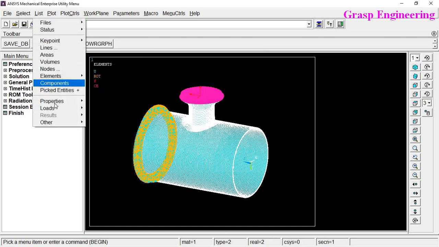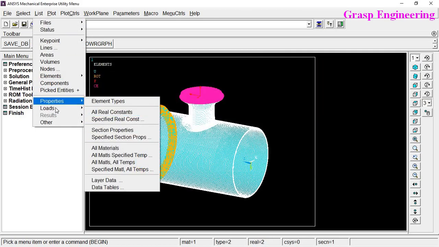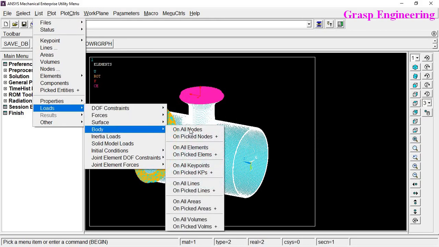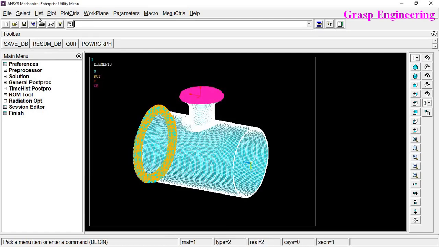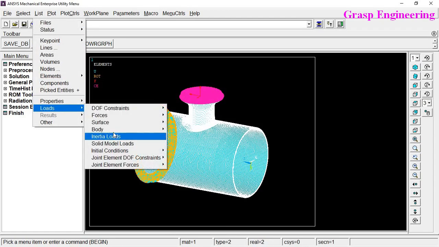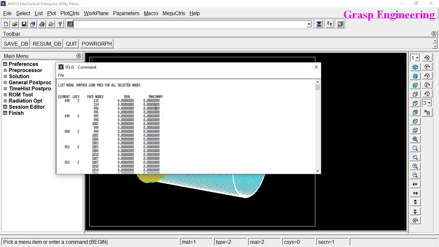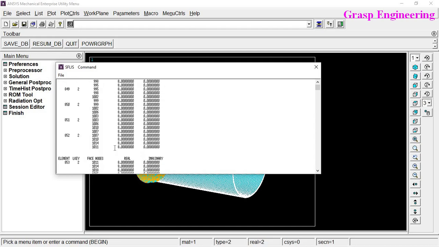Let's check for the properties, Loads, Surface, Body loads on nodes. It's not there. Let's try Loads, Surface on nodes. So now you can see that it got reflected on the element, and for that element you have this many nodes, and you will find that 8 megapascal is acting.